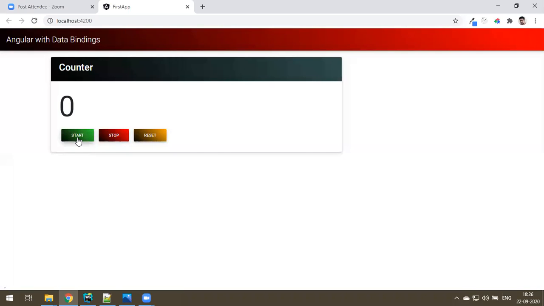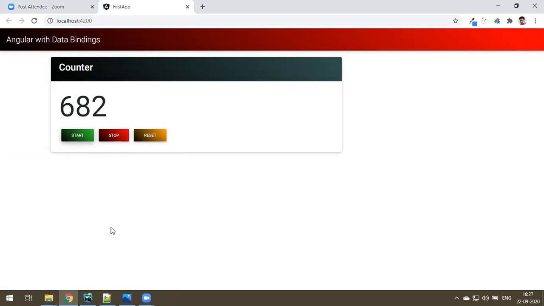When I click on start, it is nicely incrementing at some speed, right? I click on stop, yes. I click on start, it is incrementing. Stop. It seems like it's working, right? Now let's see the bug. I click on start, I click on start one more time. Start. So 5, 6 times I hit start.